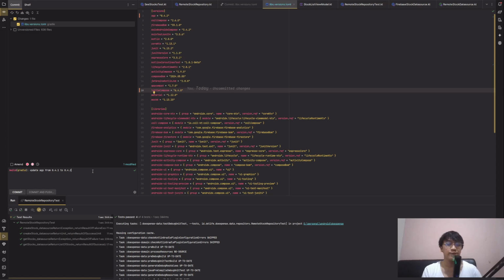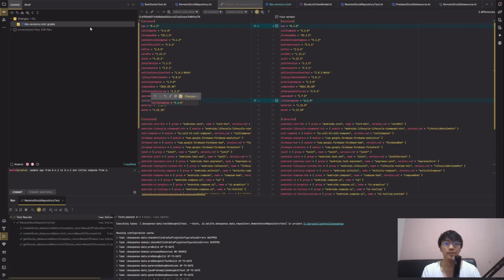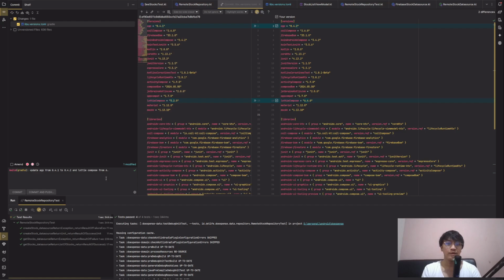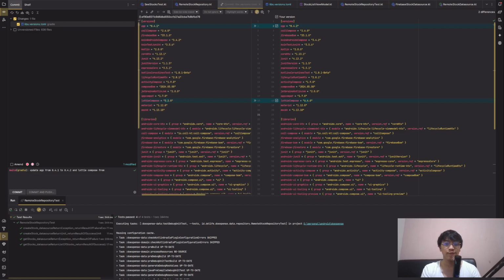I think it's safe enough. So we need to add: update AGP from 8.4.1 to 8.4.2 and update Compose from 5.2.0 to 6.4.0. Let's commit.